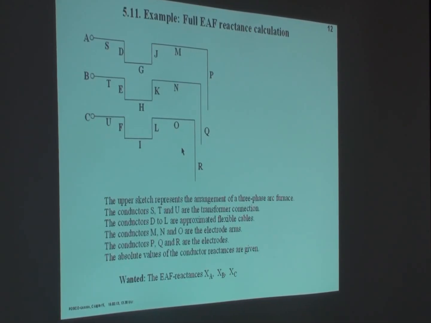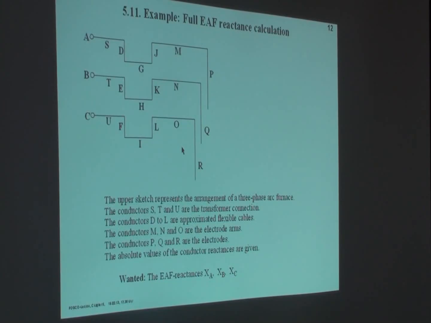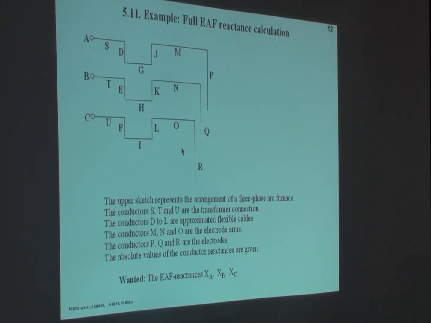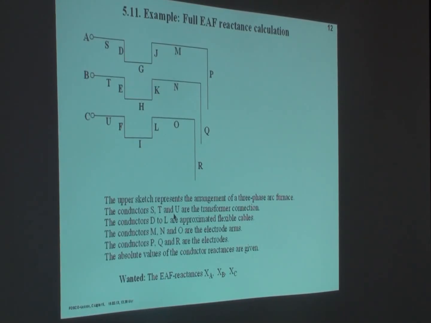So, XAA. What is XAA? I think I have this now in this way, then I have XAA, XSS, XDD, plus XGG, plus XJJ, plus XMM, plus XPP, yes, plus